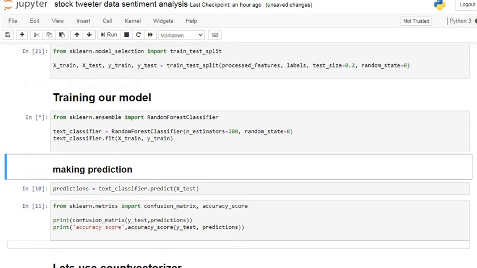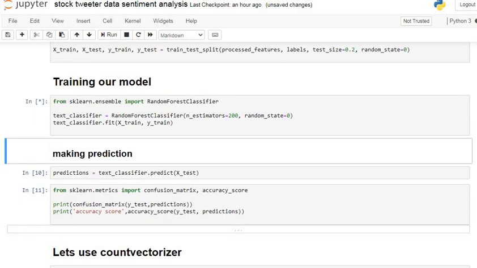Again, after that, we use another method of converting our text data to numeric data, that is the count vectorizer, and try to see the difference between count vectorizer and TF-IDF vectorizer accuracy. Sorry guys, it requires some time for training our model.